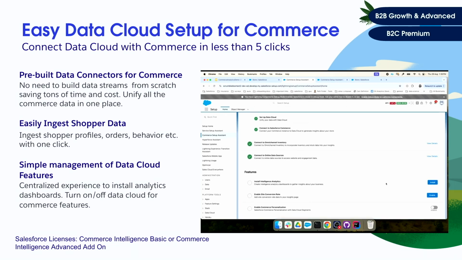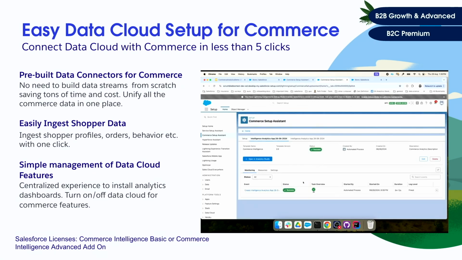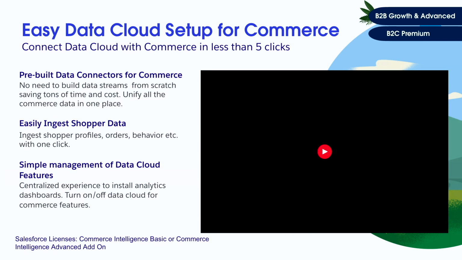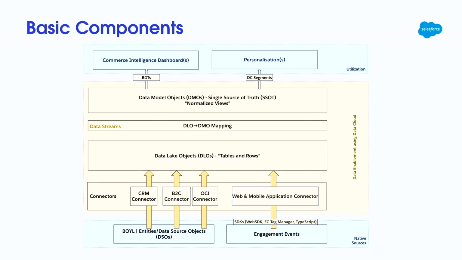You want to enable some intelligent analytics. You want to build segments. All of that put together in a single place where you choose what is being done. Now, the analytics that we just spoke about is just within your Commerce 2.2 app itself. So with this, the process is simplified.